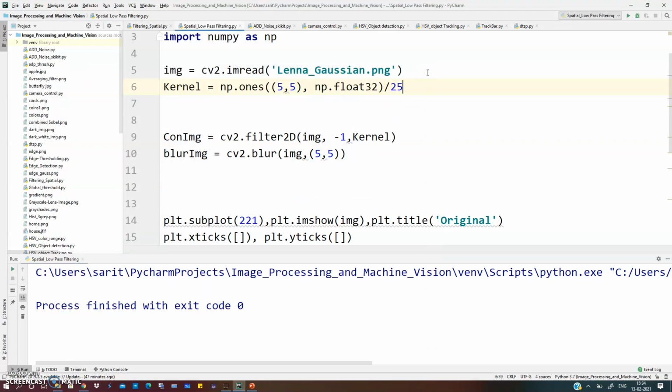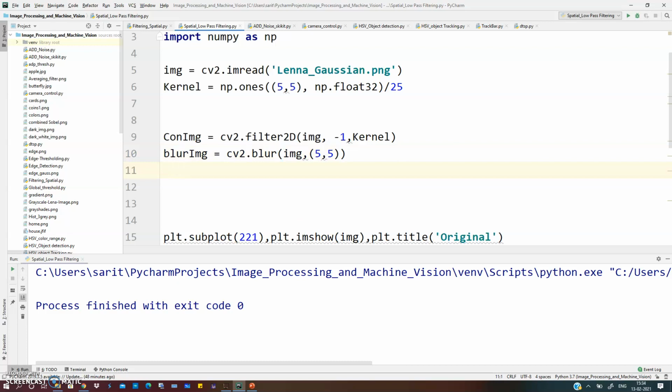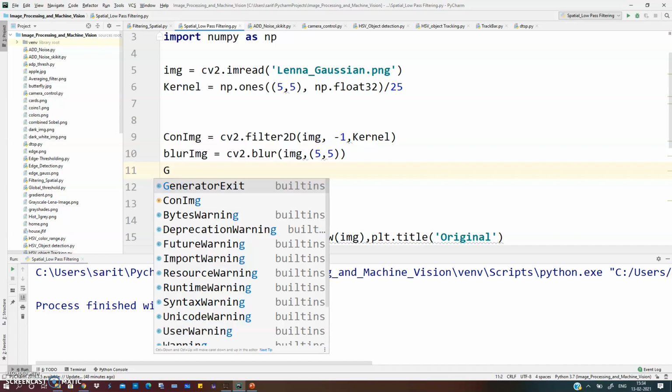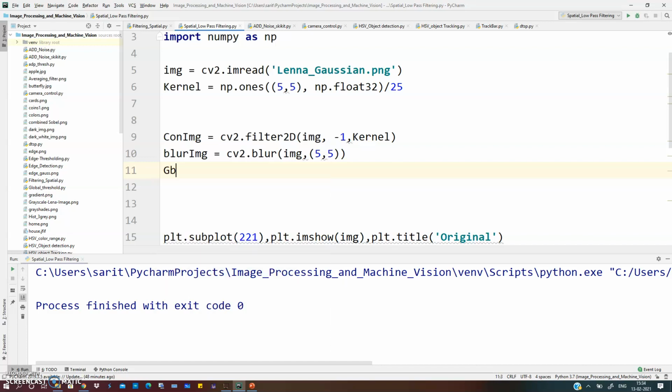Now let's use another method, that is the Gaussian. In the case of Gaussian, the kernel is different. Here in Gaussian, the kernel which we are using has different weightage for the neighborhood pixels. That is the inbuilt function here.